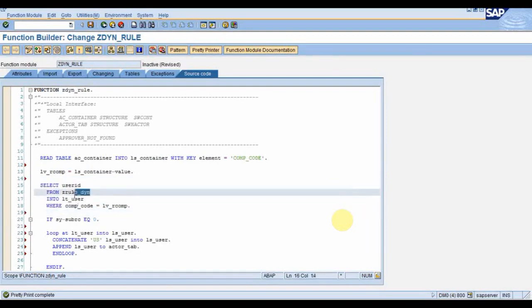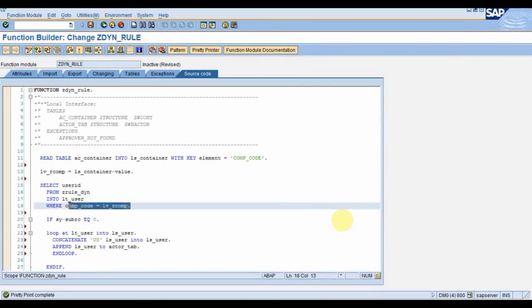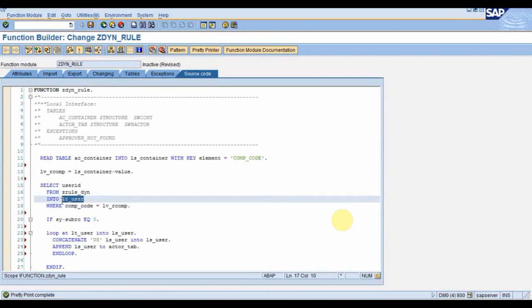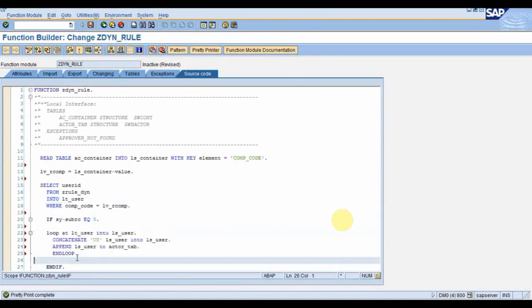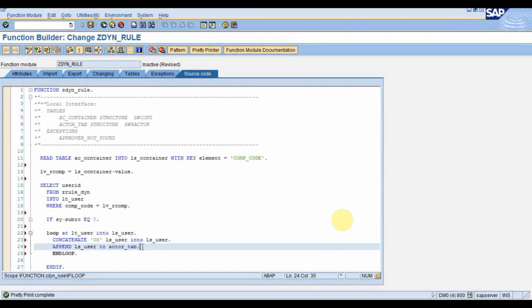I have created one table called zrule underscore din. In this we have user IDs based on the company code. So based on this company code we fetch the users and populate this internal table, and then I'm looping through this internal table, concatenating with US, and populating the exporting parameter, that is the actor tab.